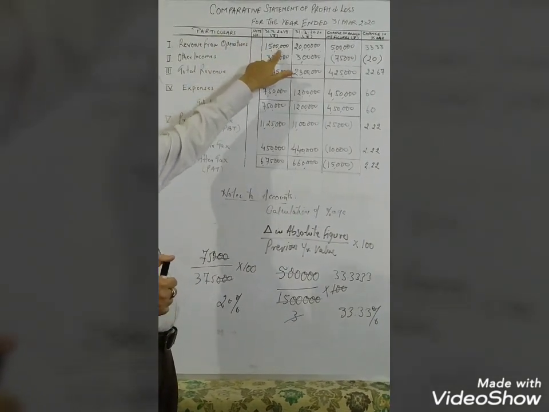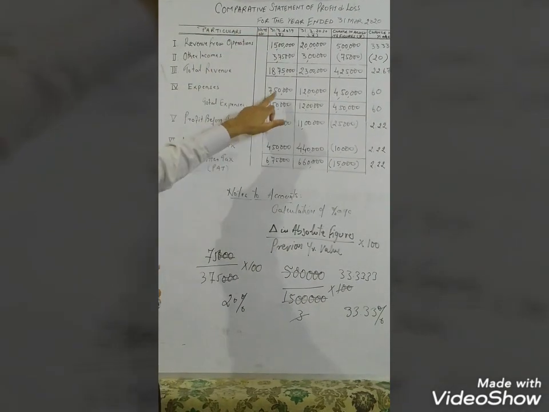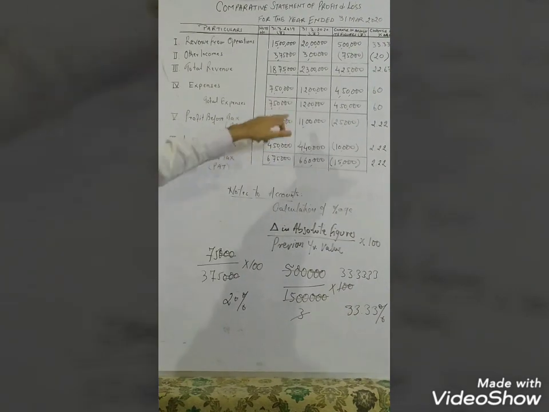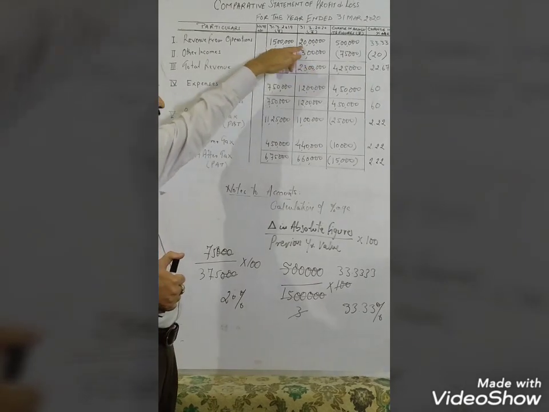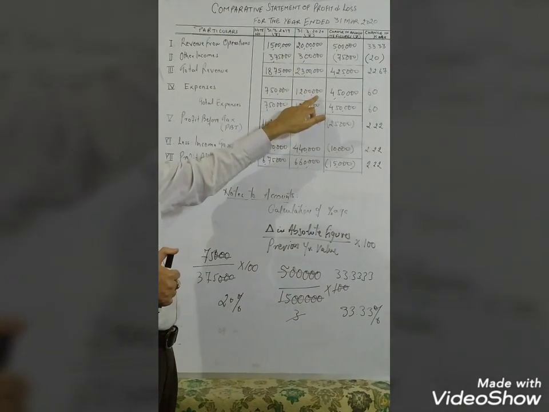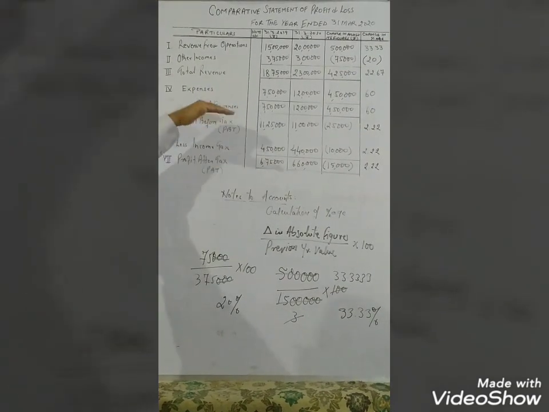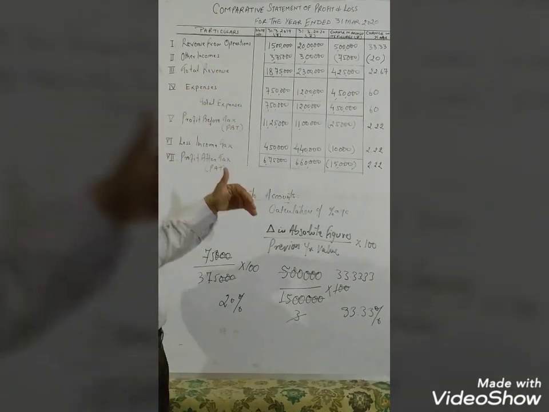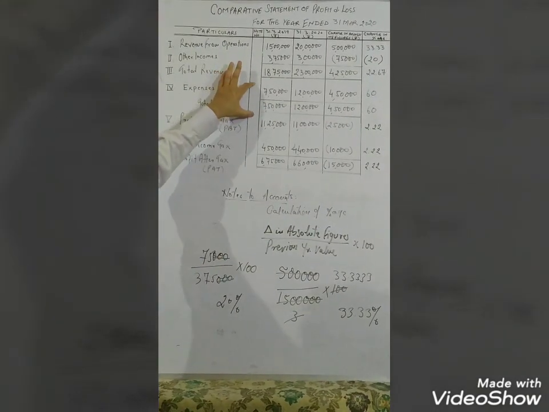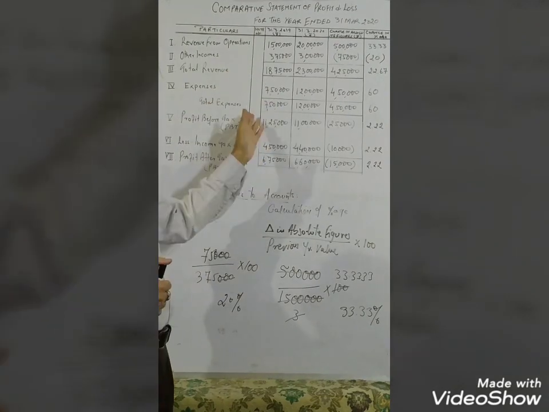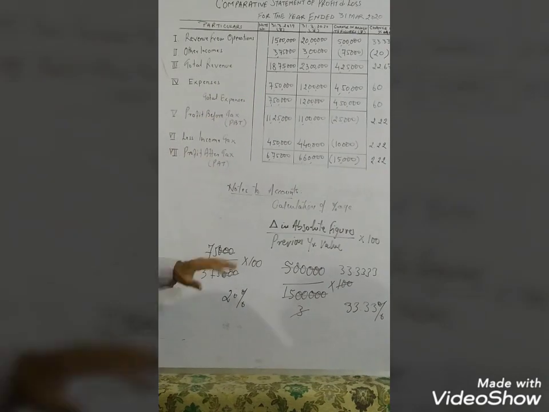The 2019 revenue from operations is rupees 15 lakh. 50% works out to rupees 7 lakh 50,000, and 60% of rupees 20 lakh works out to rupees 12 lakh. Now we have to make the total of the expenses, because different expenses could be there other than the total expenses. We have to make a sum total of all the expenses. This will become again 7,50,000 and 12 lakh, because only one amount of expenses is there.